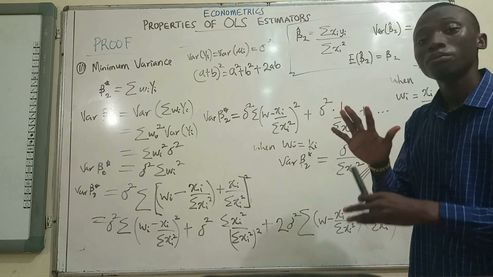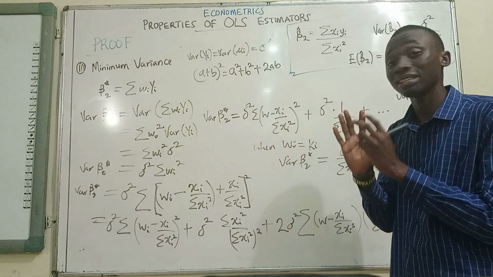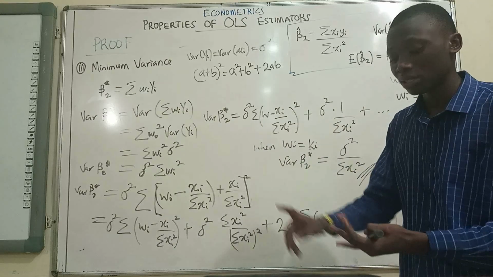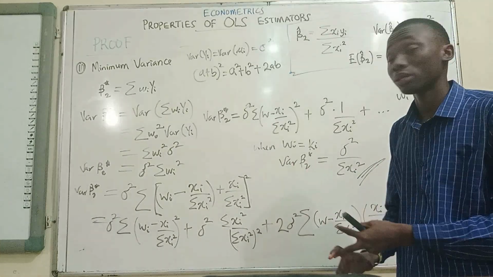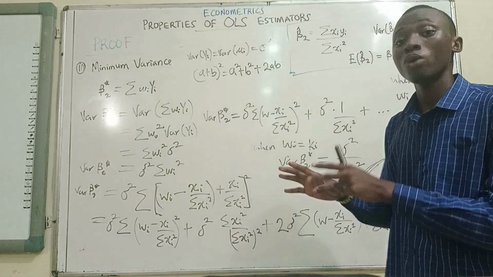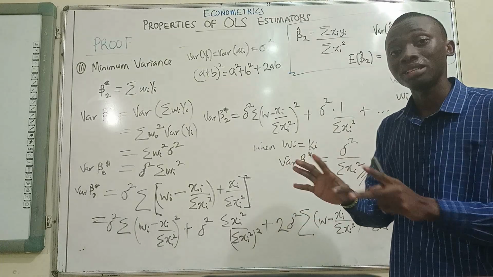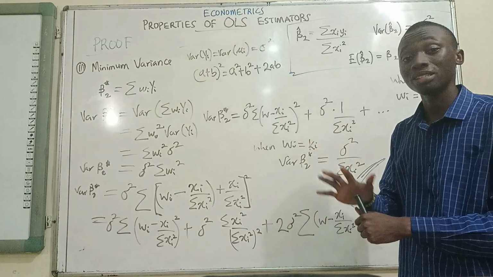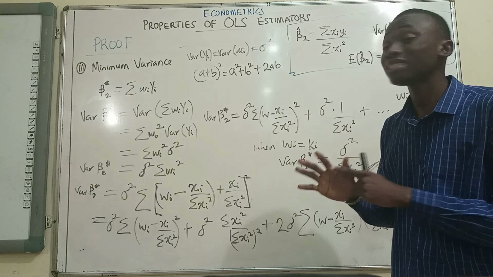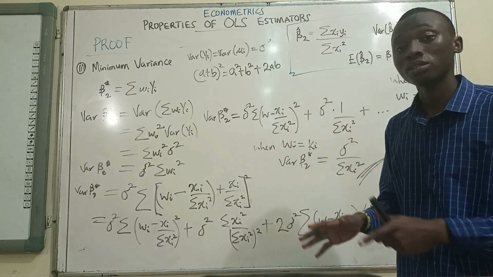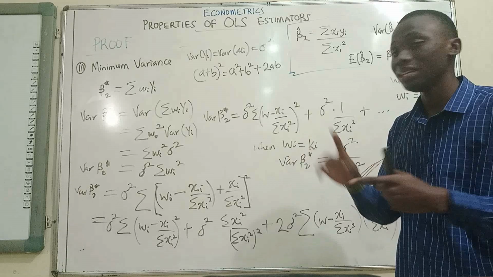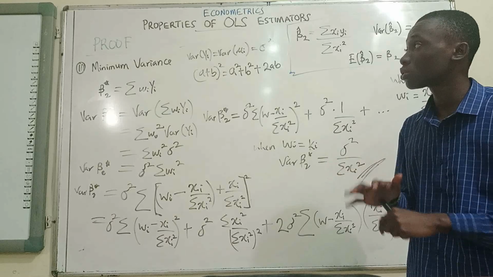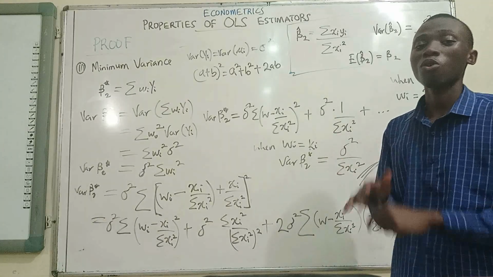So OLS pretty well just has these desirable properties: the linearity property, the unbiasedness property, and the minimum variance property. So with this, we are able to show that OLS estimators, given that the assumptions of the classical linear regression model are all satisfied, yield the estimate with minimum variance among the class of other linear unbiased estimators. Okay, so that brings us to the end of our discussion of the statistical properties of